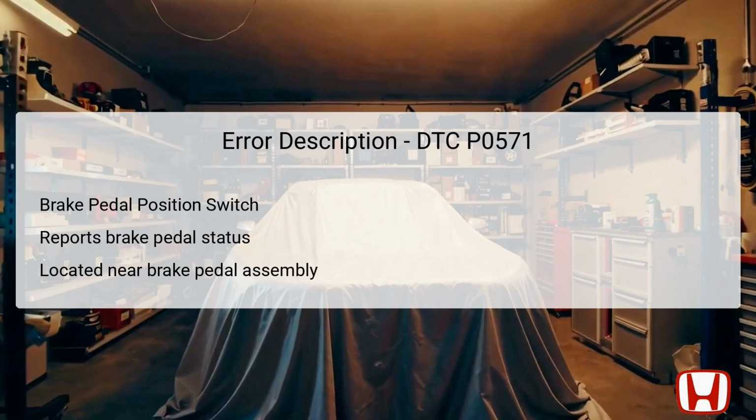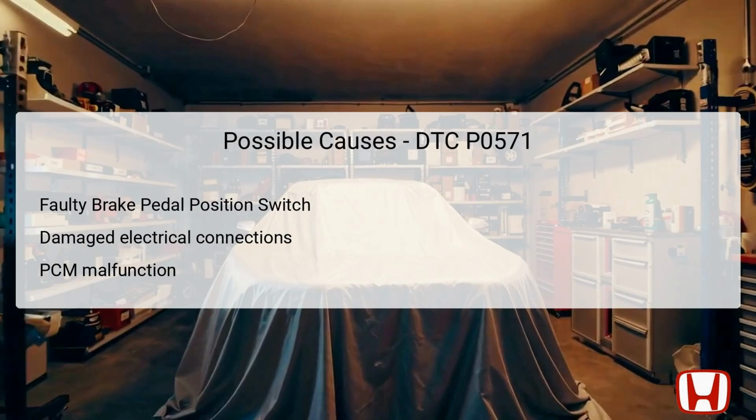If the brake pedal position signal sent to the PCM is inconsistent with the actual pedal operation, it triggers a DTC, specifically P0571. Addressing this malfunction is critical since it could lead to unsafe driving conditions, such as non-functional brake lights or malfunctioning cruise control. Several possible causes can lead to the appearance of DTC